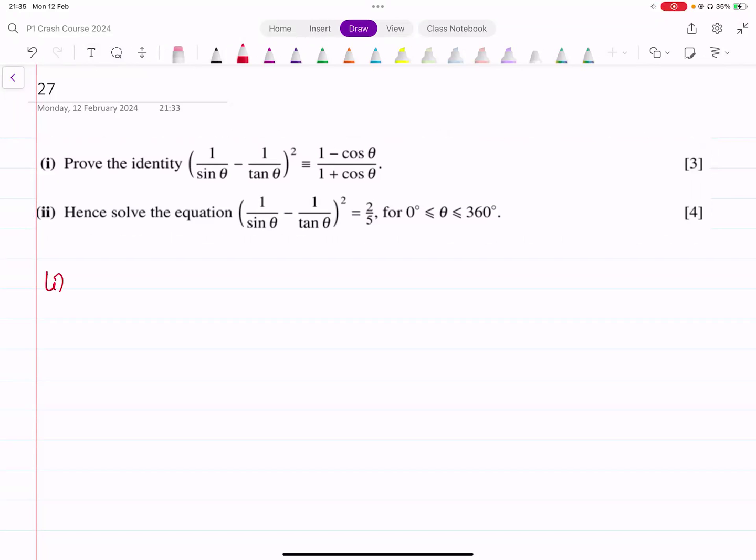So we have to prove this identity. On the first part, (1 over sine theta minus 1 over tan theta) whole squared is identical to (1 minus cos theta) over (1 plus cos theta). Now, which side is more complex? You can see the left-hand side has